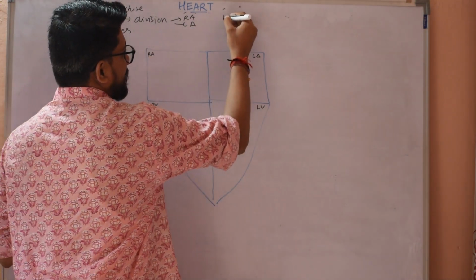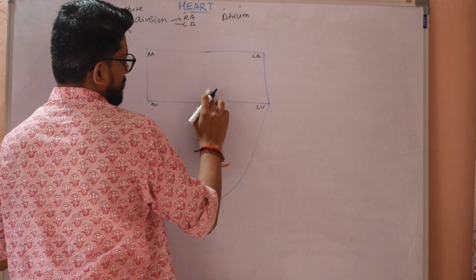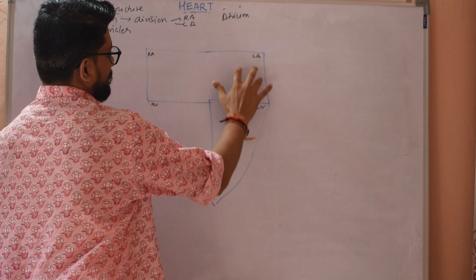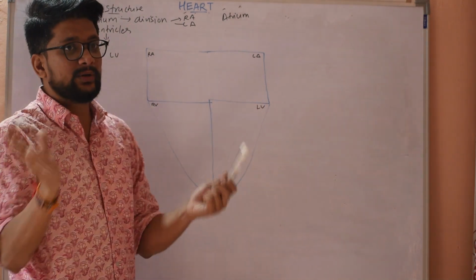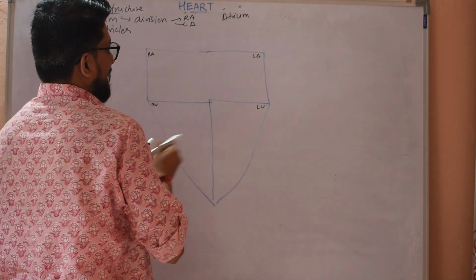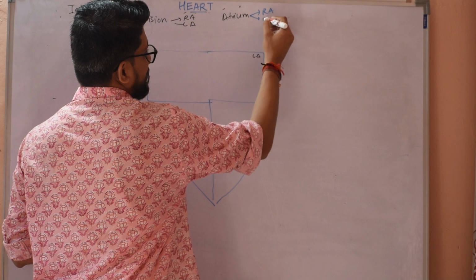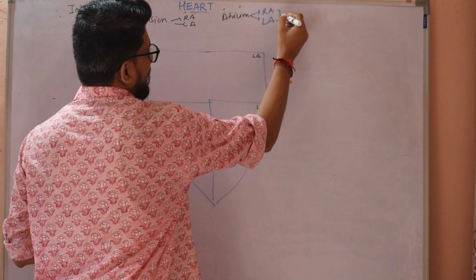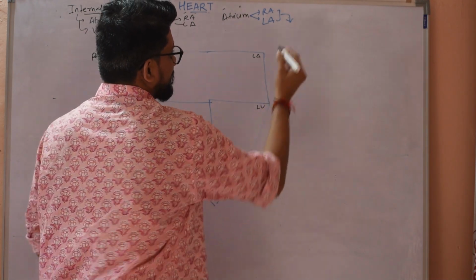When we mention atrium, so this two part is the atrium part. Now this complete whole part is atrium. Still it is not differentiated into right part or left part. So atrium is basically divided into right atrium and left atrium by the help of a structure or a septum which is known as